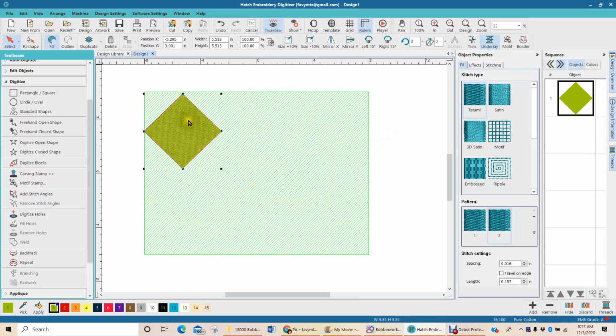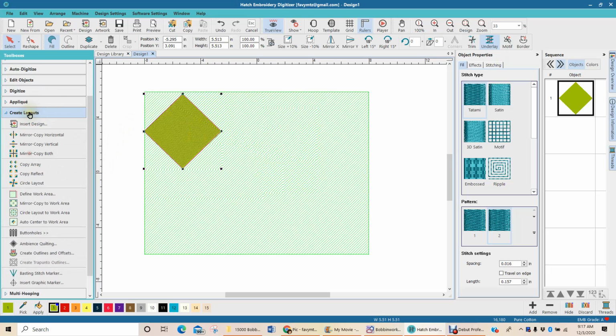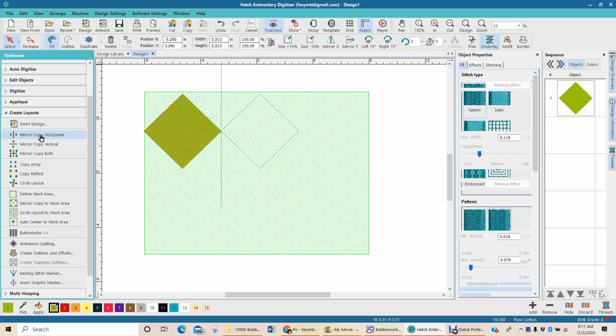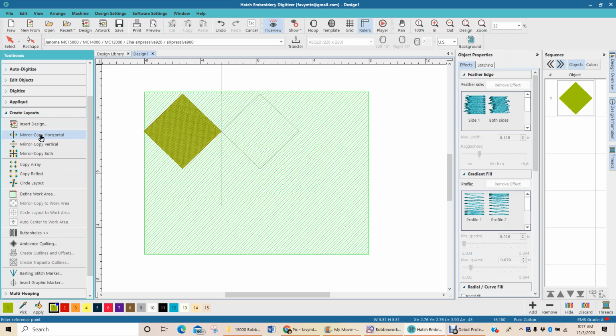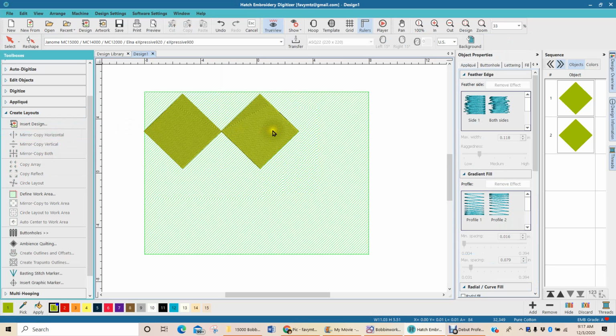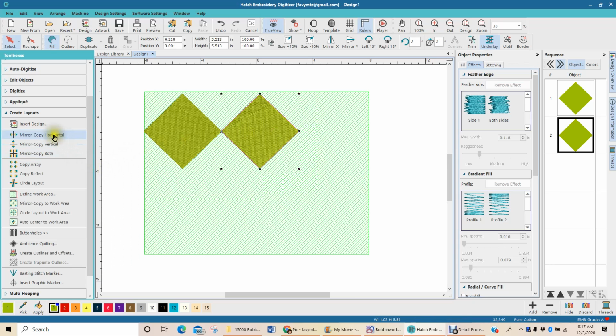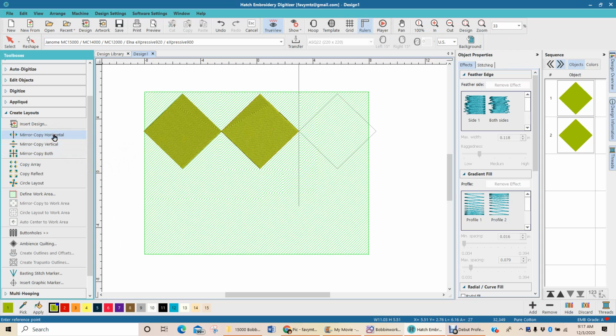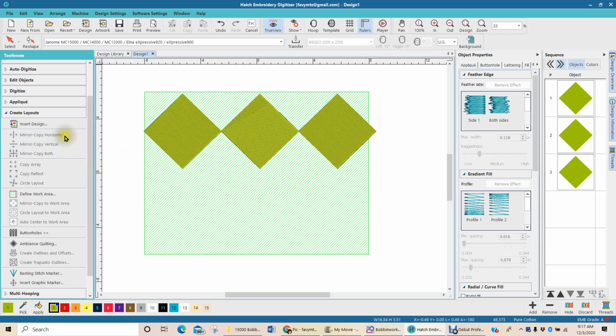Another tool that's in these digitizing programs is that in our create layouts area, we also have this ability to just duplicate our objects. So I'm going to mirror this object in the horizontal position, select my enter key. I'm going to do it one more time because I'm going to do 3 of these, and select it and enter. All right, so once I had all 3 of my squares here in my workspace,